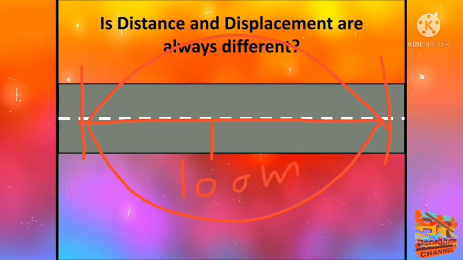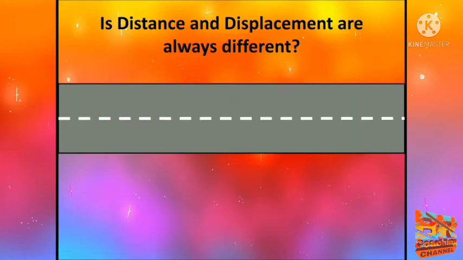See here, from point A to point B, I showed in the arrow direction. What is the distance? 100 meters. What is the displacement? 100 meters. Is there any shortest distance here? No. In a straight line motion, remember, once again I am repeating, the distance